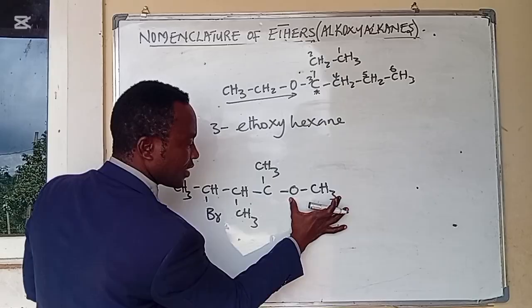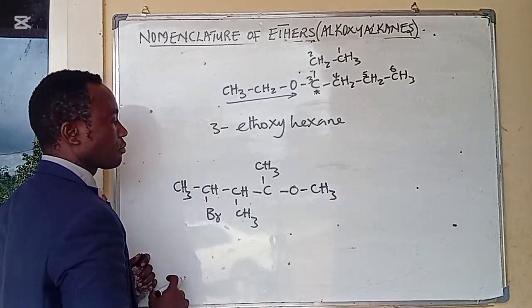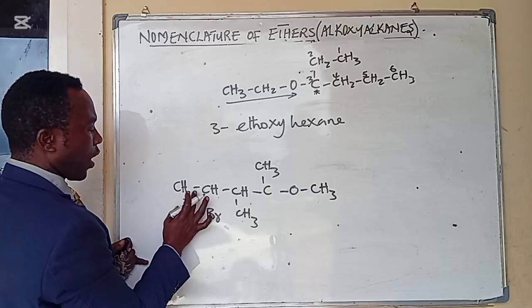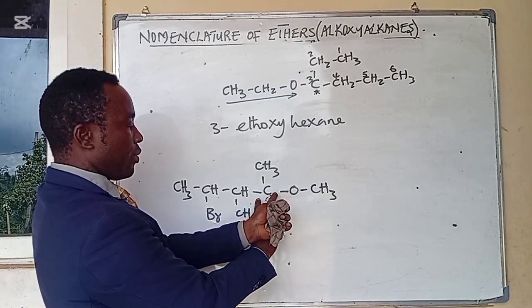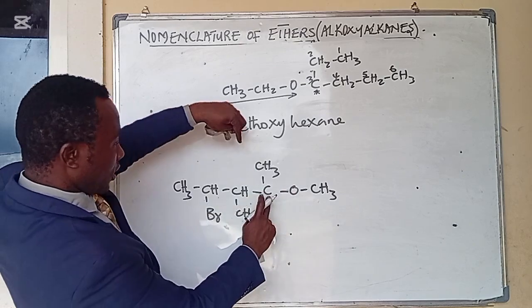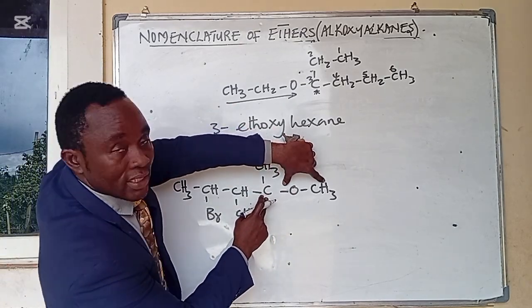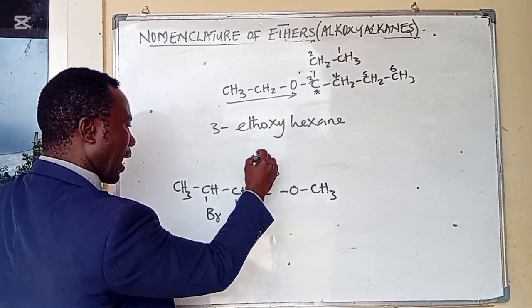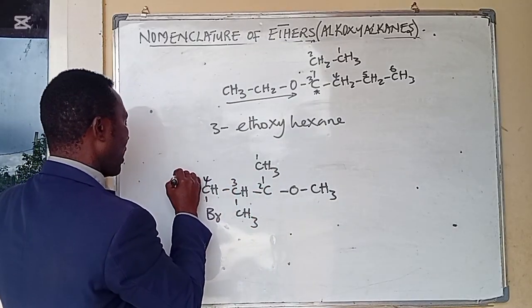The alkoxy here, since it's 1 carbon, is a methoxy. Now, if I number here 1, 2, 3, 4, the alkoxy will be placed at number 4. If I number from here 1, 2, this alkoxy will be placed at number 2. So I take the smaller number, which is 1, 2, 3, 4,